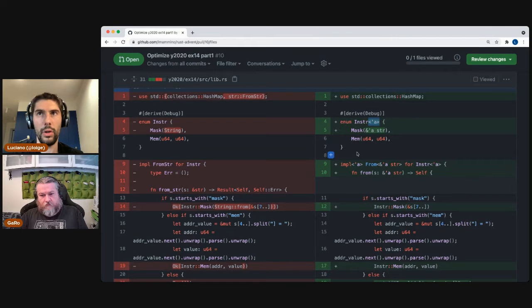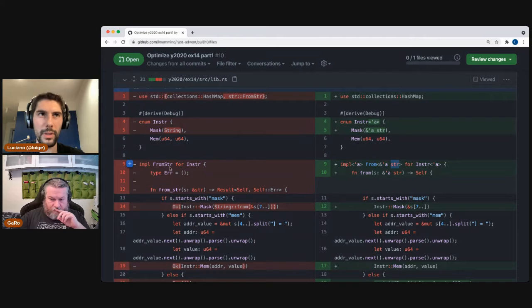And of course, when you do that, the implementation also needs to be aware of that specific lifetime. So here we needed to change to a generic implementation for our from string, and we made it with all these things. Now, this was interesting because if you look very carefully, you'll notice that we are actually implementing a different trait now. We are not implementing FromStr anymore, but we are implementing a generic From for an str. And the reason why we did that, and this took us a little bit of work to figure out, is that